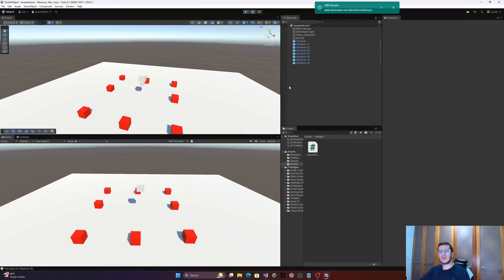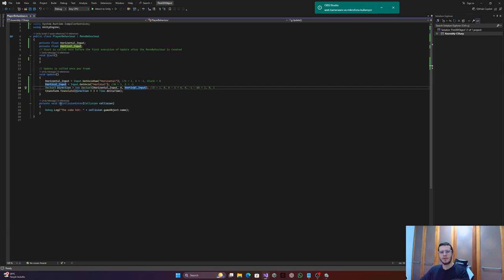Now that our player object can avoid obstacles, I want to make it so the obstacles are actually dangerous. Let's say that if our player object touches an obstacle, it will trigger a collision event that destroys our player object. Right now, in our collision event method, or our OnCollisionEnter method,